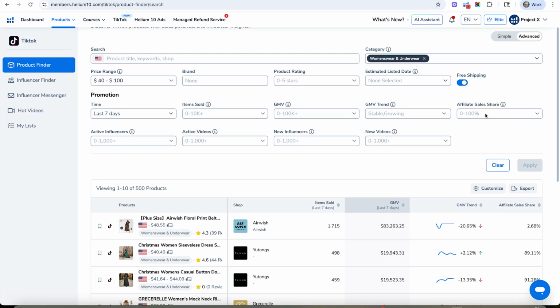You can also look at products based on the affiliate sales share. If you wanted a product that doesn't rely heavily on affiliates, you can look for products that are doing well without affiliate sales. Maybe you could set a maximum of 20% by affiliates, and you'll find a bunch of different products here. You can also filter by the number of active influencers this product has had in the last 7 days, the number of active videos it's had in the last 7 days,